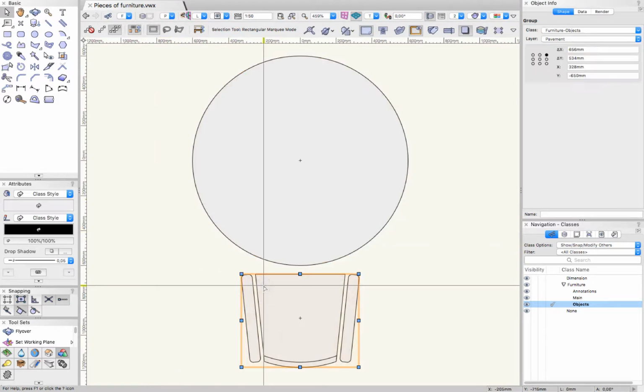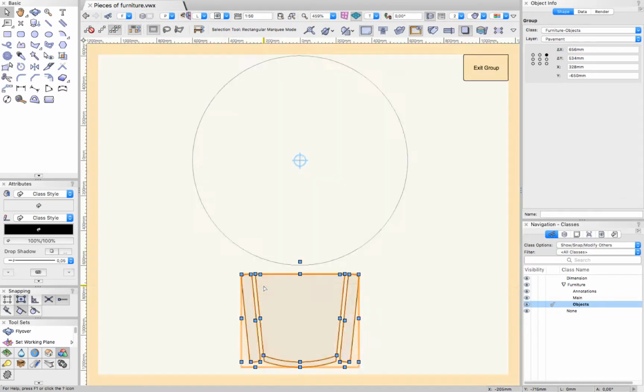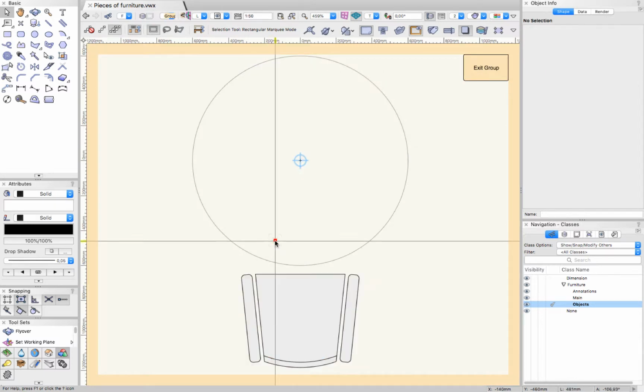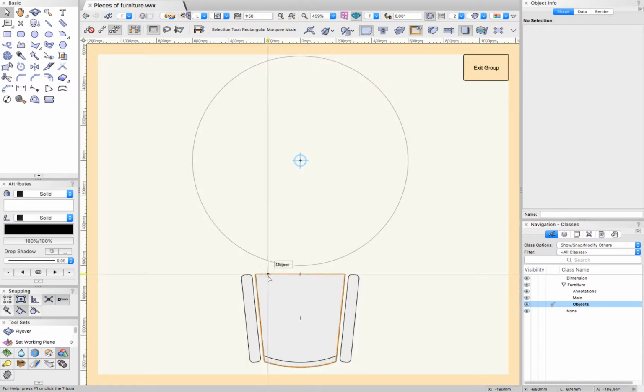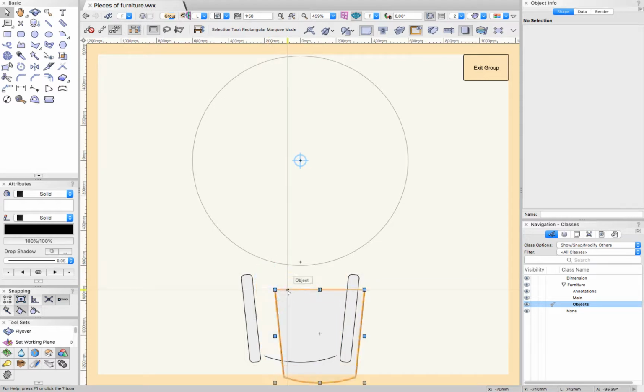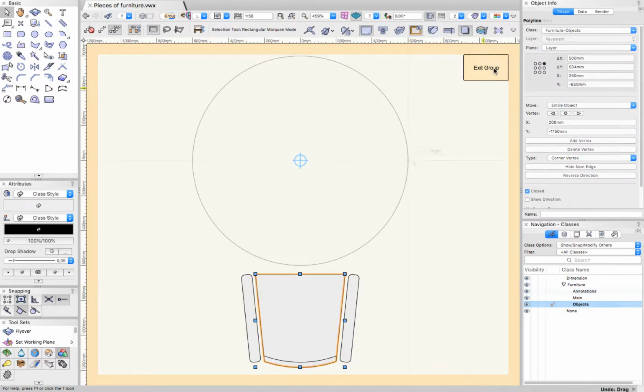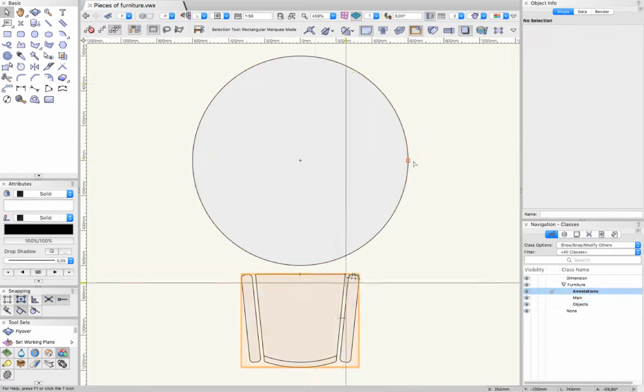So now it's a single object. We still could modify the geometry by clicking twice. Now we are inside the group. Now let's enter the group again